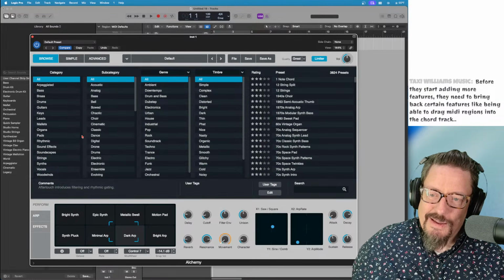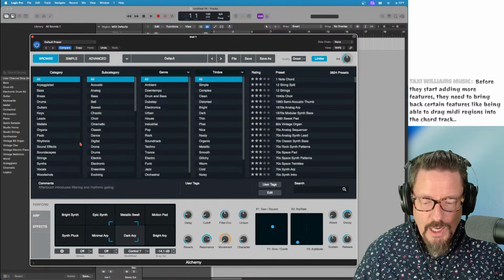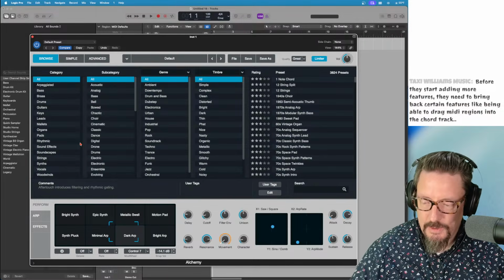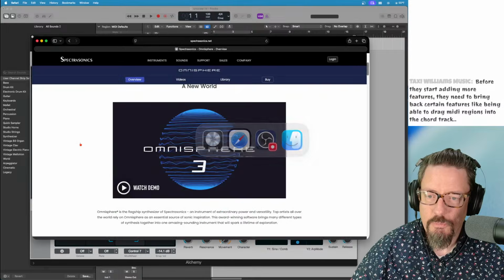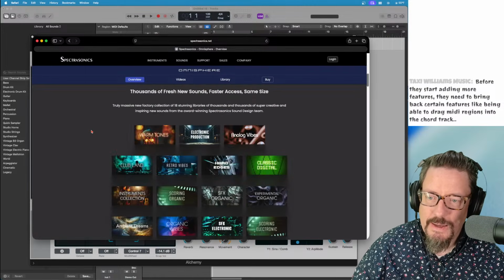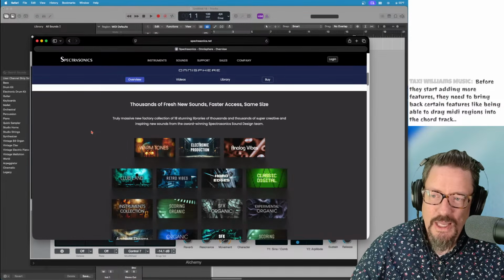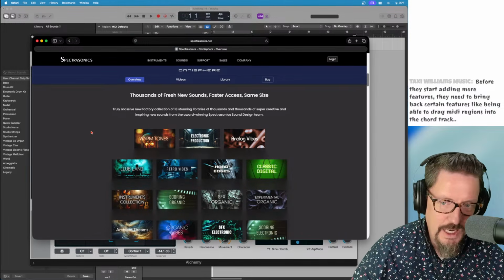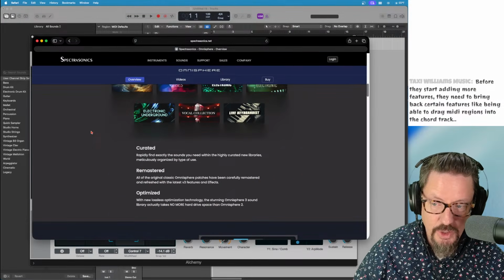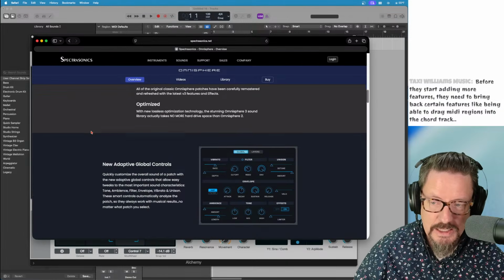But one thing that I noticed about the Omnisphere, and let me pull open the website that they have for this. They're really focusing on the thousands of fresh new sounds, faster access. That's great. It's curated, remastered, optimized.